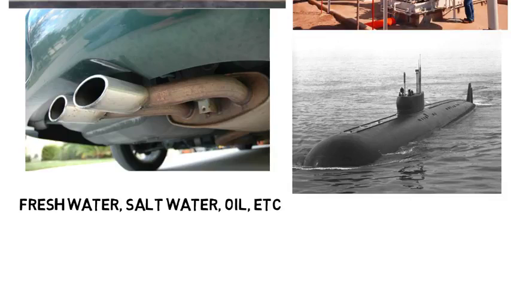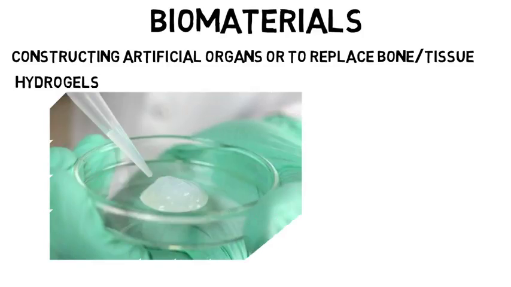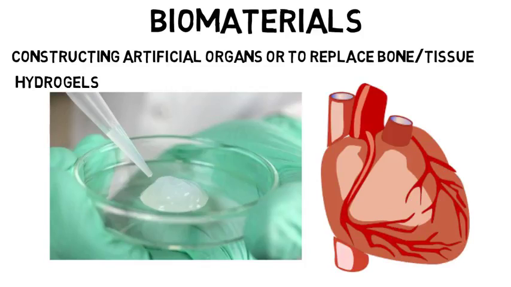Materials engineers need to take preventive measures to pick the right material to account for all this. You could work on biomaterials, which is something biomedical engineers take classes on as well. But biomaterials are used for constructing artificial organs or to replace bone or tissue, and these materials need to interact well with the human body and not cause harm. For example, there are hydrogels that are needed to repair damaged heart tissues. This incorporates biology and is something you could take an elective class on as well, or you could see in grad school if it interests you.